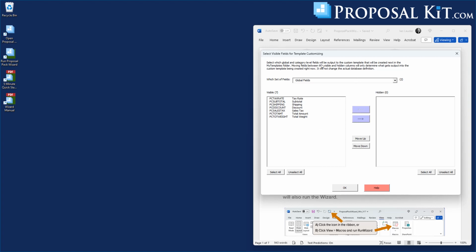Now, this is not going to change the database definition. So when we're making these changes here in the screen, it's not going to get saved to the database definition. This is just temporary use only for the purpose of creating this custom template in these screens. All right, so this ordering is going to be the order of all the global fields in the summary or